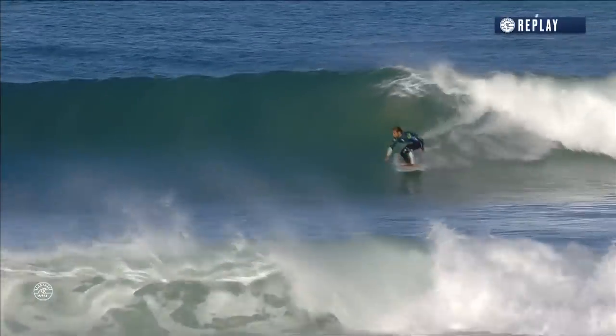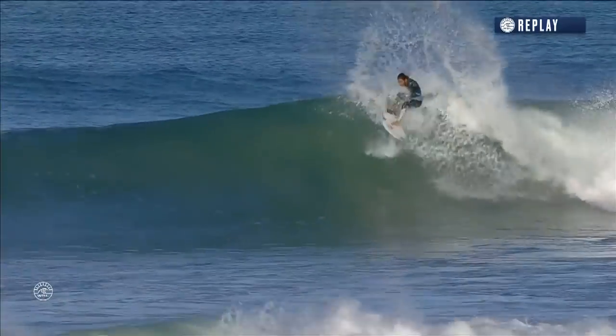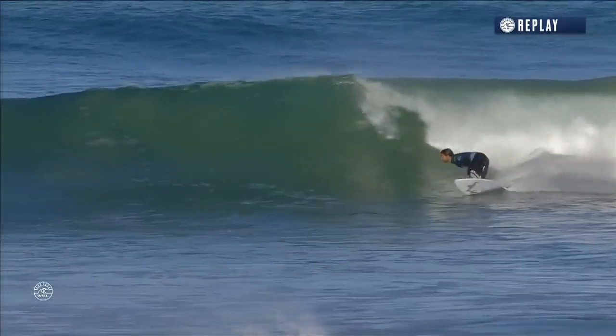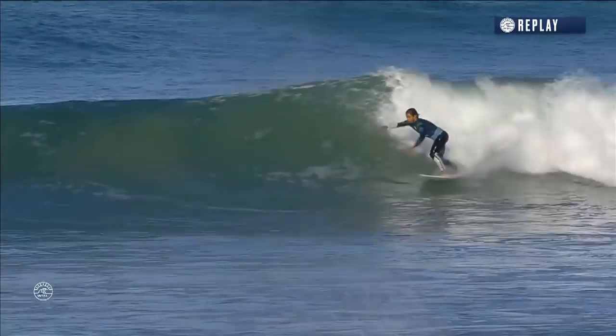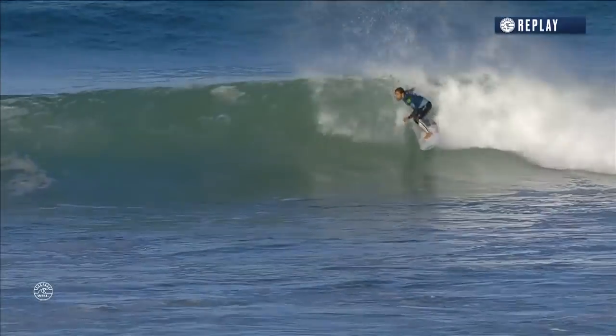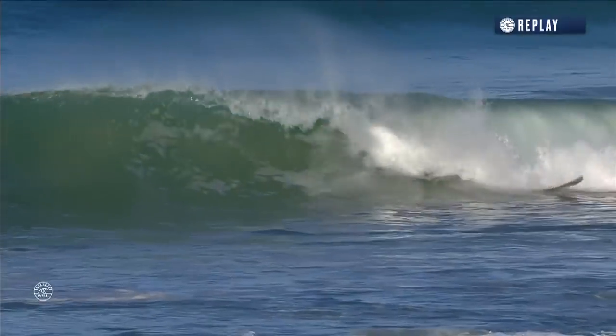I mean, he is absolutely relentless when it comes to finding that groove. Opens up quick. You can see just maybe a little bit more pep in his step than Jordy, a little bit lighter on his feet. So we're going to see a little bit more pizzazz from Tomas Hermes. A couple of beautiful turns. Just keeping that board moving. Relentless when it comes to those lip turns, and then just losing his...